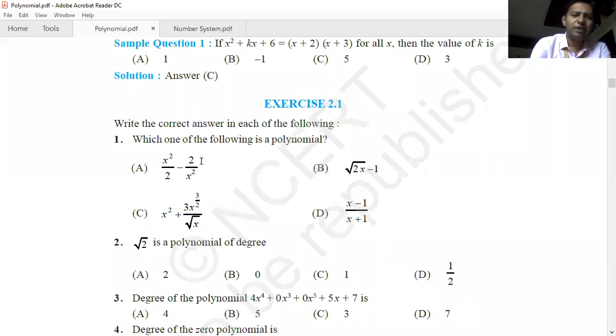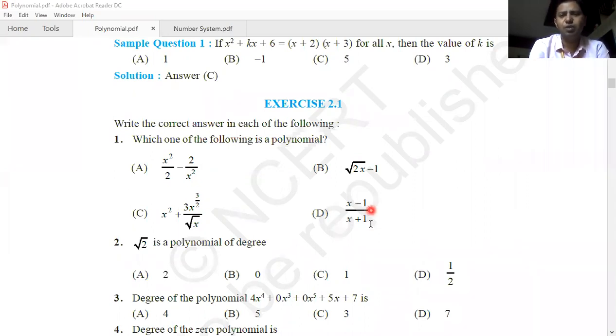The question asks, why do we take it from denominator to numerator? Because if the variable is in the denominator, this is not in the form of polynomial. In the polynomial, the variables are not in the denominator. The variable in the denominator we need to take to the numerator, and while taking it to the numerator, if the power becomes negative, this is not the polynomial. I got the answer D from many of you.